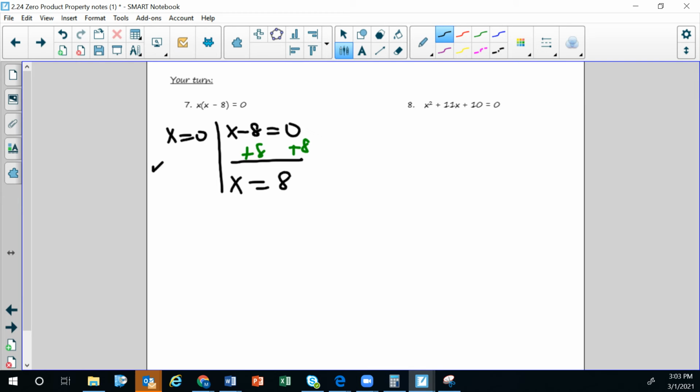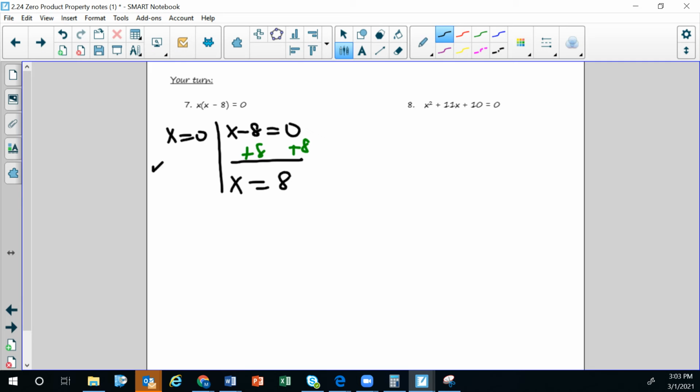And you can see if you substitute x equal to 0 in the original equation, you will get 0 on each side. And likewise for 8. All right. Number 8, again,